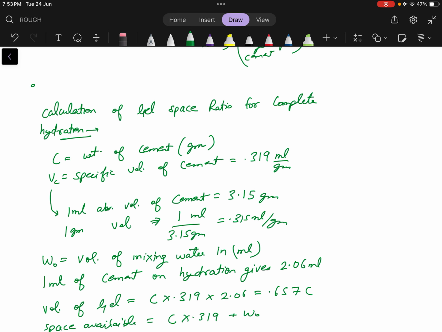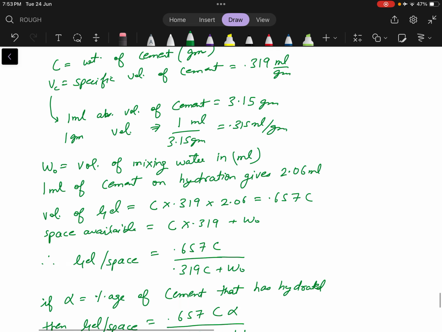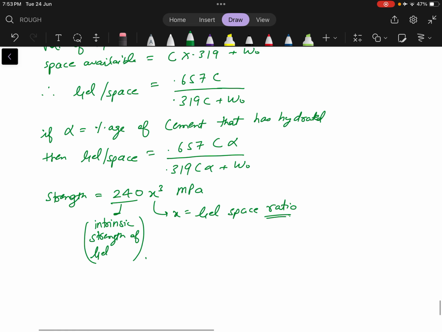ओके, सो हम देखने वाले हैं जेल स्पेस रेशियो की कैलकुलेशन, जो कि बिल्डिंग मटेरियल एंड कंक्रीट के अंदर आता है। और जेल स्पेस रेशियो से हम निकालते हैं फिर स्ट्रेंथ ऑफ सीमेंट, जो कि दी जाती है बाय दिस स्ट्रेंथ फॉर्मूला 240x³। 240 जो है वो है इंट्रिंसिक स्ट्रेंथ ऑफ जेल, एंड दिस x इज़ द जेल स्पेस रेशियो।